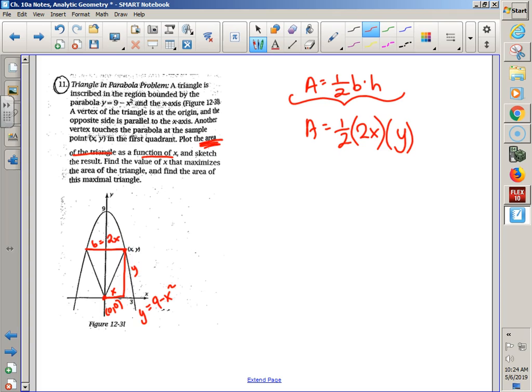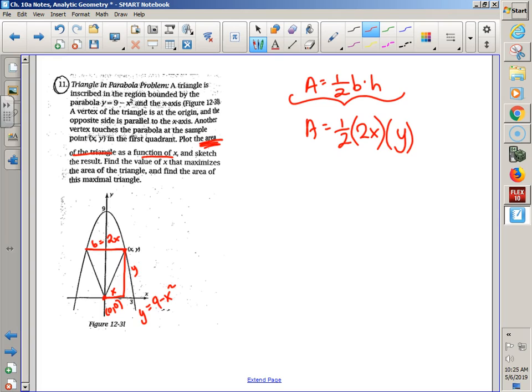Because x goes from the origin out. So if it was the point 3, 4, I would go over 3, up 4, which is only half the triangle. So I have to double it. And I have to go the other way too. Now, I have a y and it says only as a function of